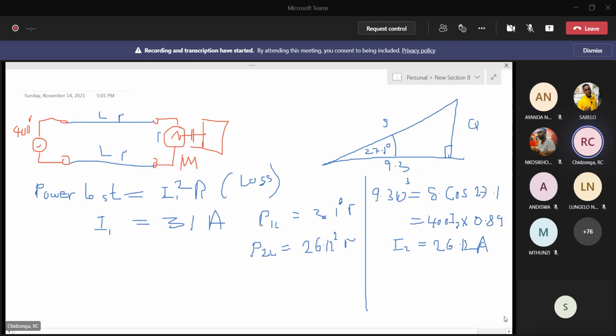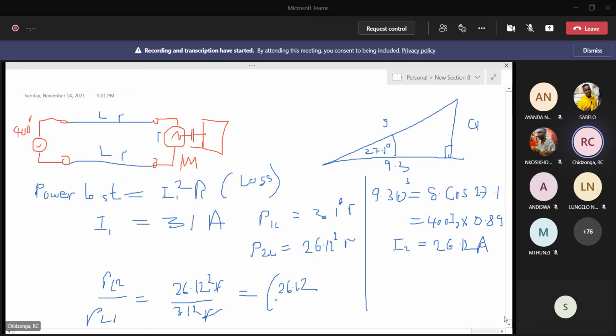So now you can see that the power loss in case 1 is 31 squared R. The power loss in case 2 is 26.12 squared R. You can therefore take a ratio and say power loss 2 divided by power loss 1 is equal to, you divide those two, 26.12 squared R divided by 31 squared R. R is common, you cancel. So this ratio now is equal to